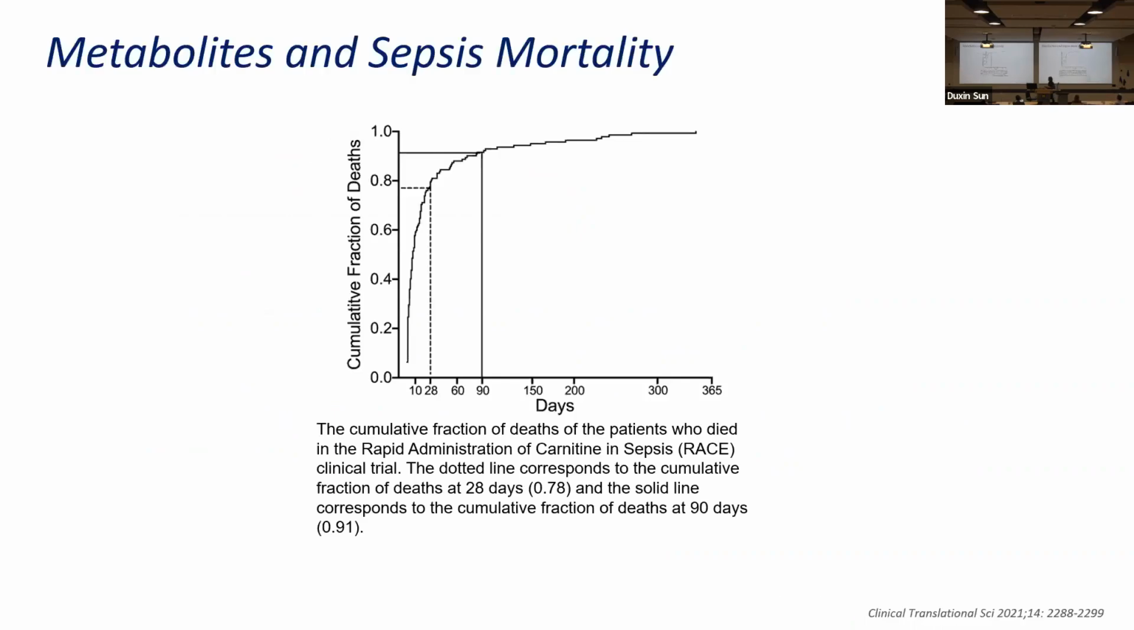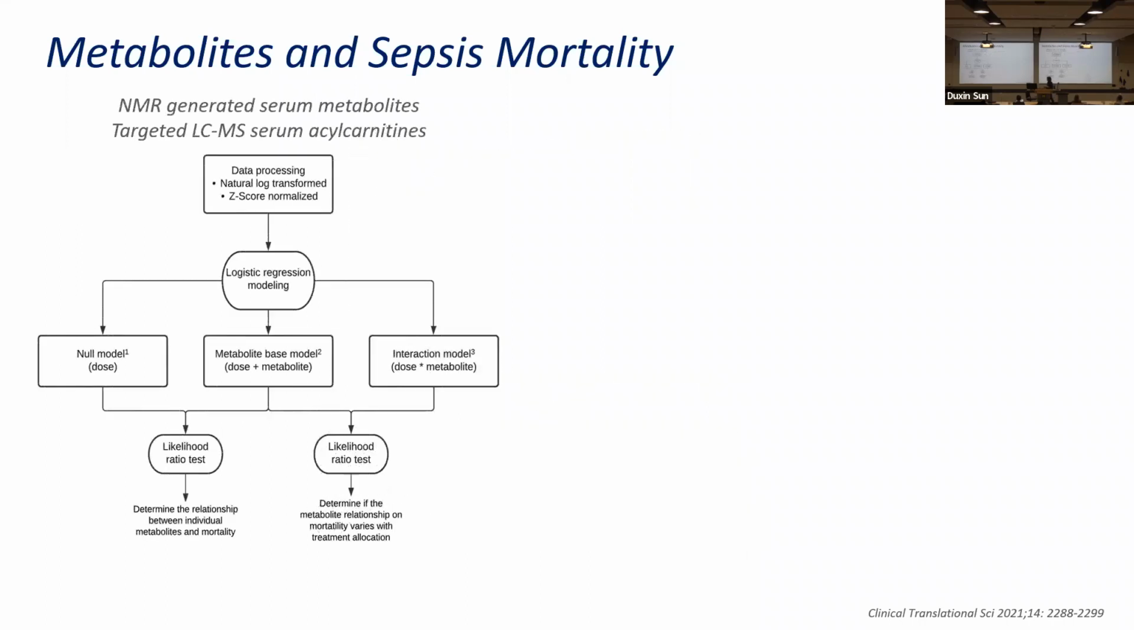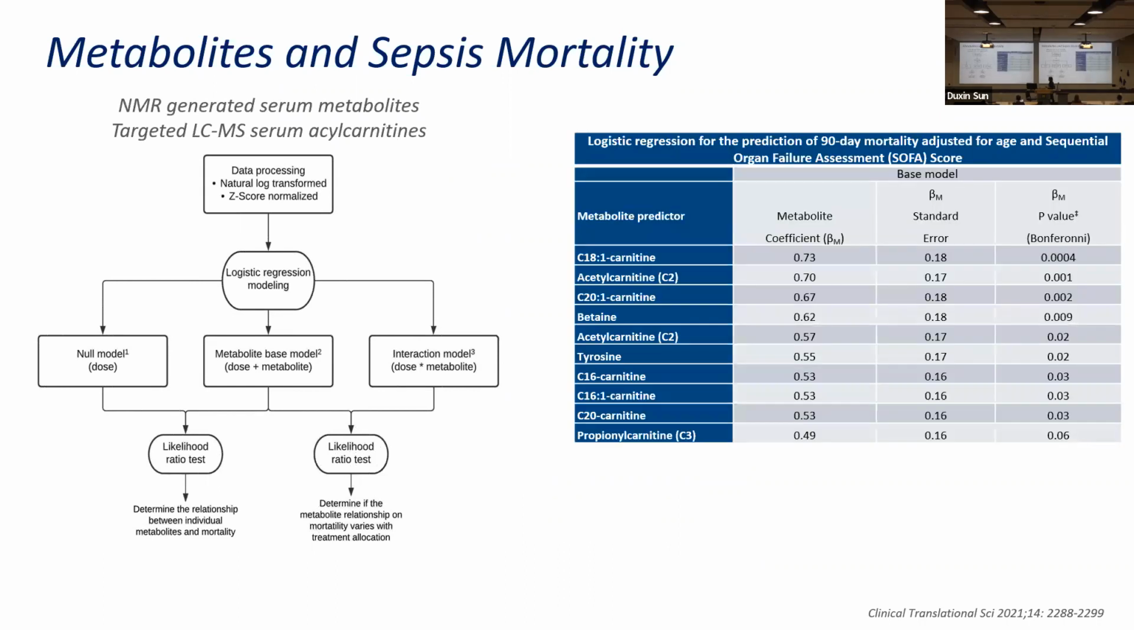So in this study, we looked at the cumulative fraction of deaths within the RACE trial, and we typically use 28 days in mortality in sepsis, and it's somewhat arbitrary. So we actually looked at the cumulative fraction of deaths in the study, and 90 days is where we actually hit the plateau. So we used 90-day mortality in this analysis. We constructed a series of regression models, and we found that when accounting for age and SOFA score, there were 9 metabolites that discriminated 90-day mortality, and